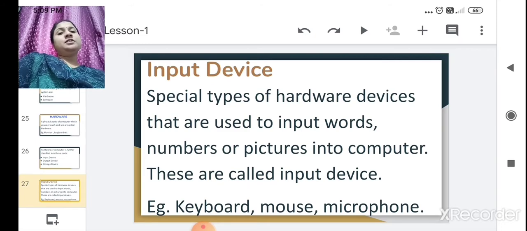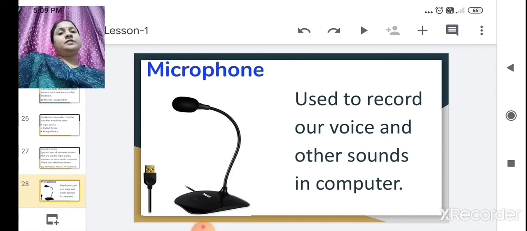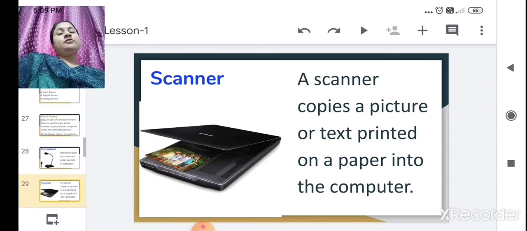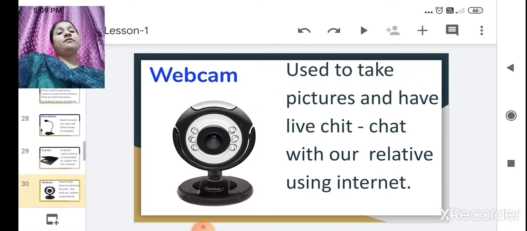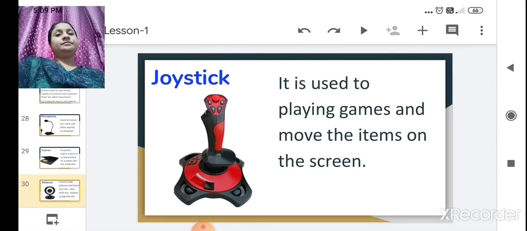We also saw examples of input devices. A microphone is used to record in a computer. A scanner copies a picture or text into the computer, right? A webcam is used to take pictures and for live chit chat. I also gave the example of our WhatsApp, right?